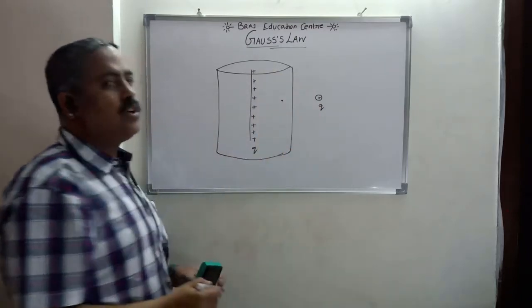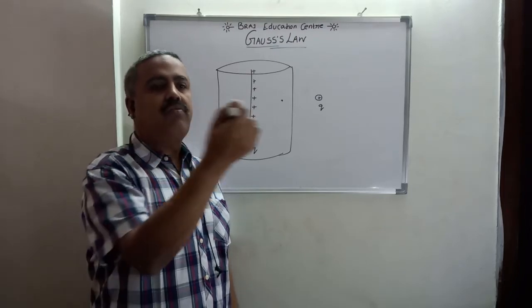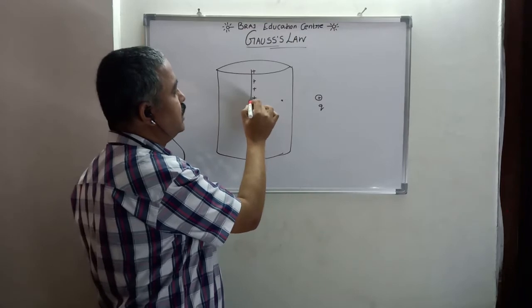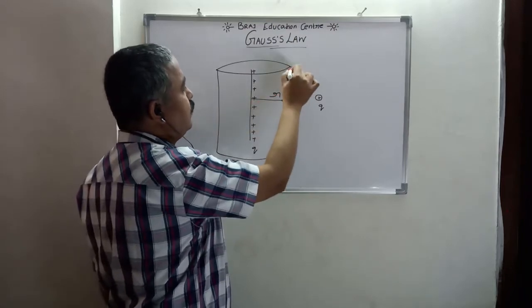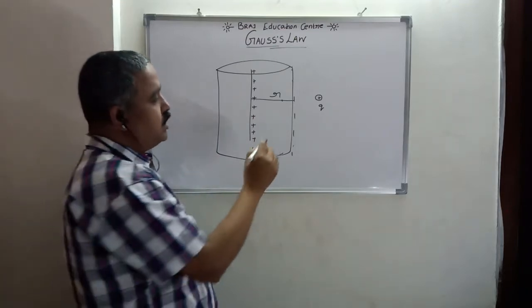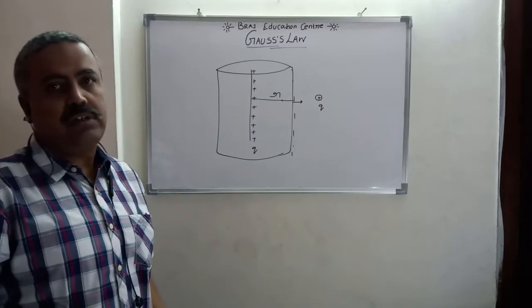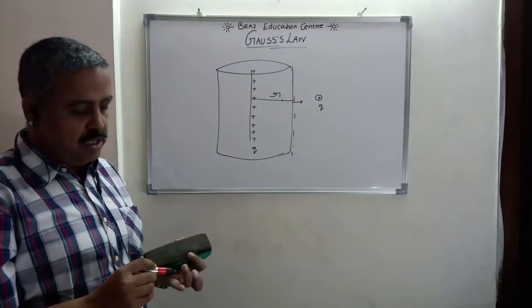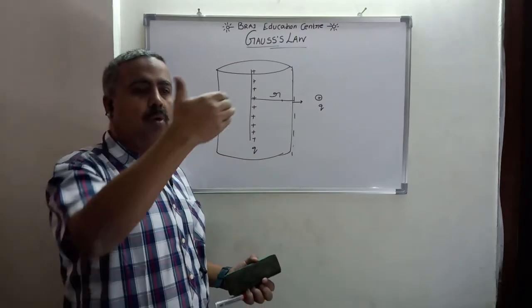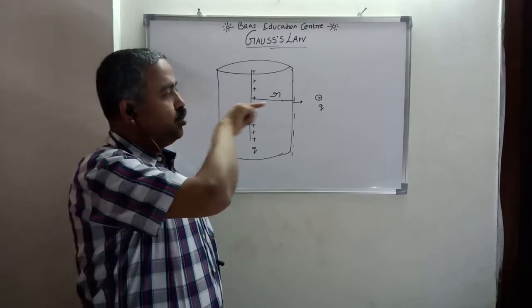So what are the conditions of the Gaussian surface? In the Gaussian surface, the electric field at all points should be same, and for example, if this distance is r, then we know that at all these points electric field will be same, and at all these points also electric field will be normal to the surface. These two conditions are to be fulfilled by a surface to be considered as Gaussian surface. Electric field at all points of the surface should be same, and the electric field direction should be normal to the surface.